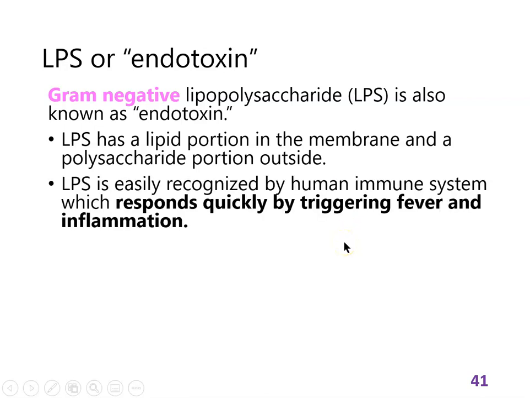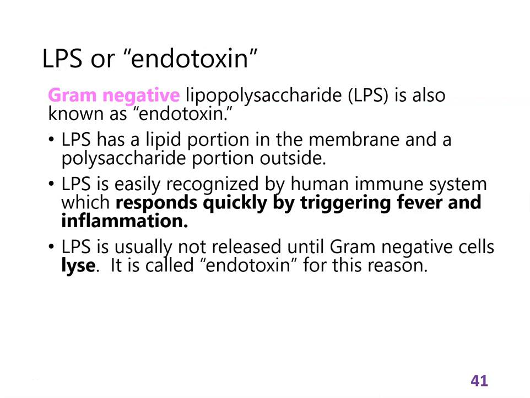It is easily recognized by the human immune system. So the human immune system notices it and says, oh, there must be gram-negative bacteria in here. And our immune system will quickly respond by triggering fever and inflammation. So we respond very strongly to LPS, and usually it's not released into our body until one of these cells dies and lyses. So that's why we call it an endotoxin, because it's an intrinsic part of the cell and they don't release it. It is inside or within that cell,